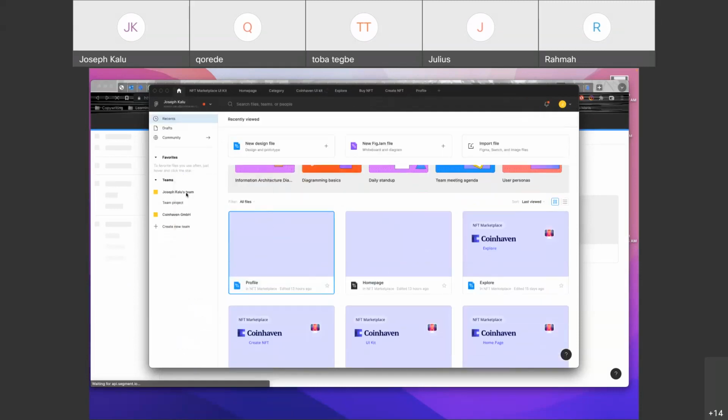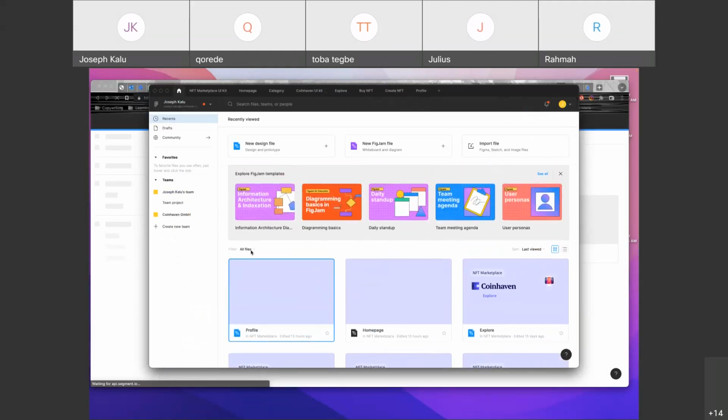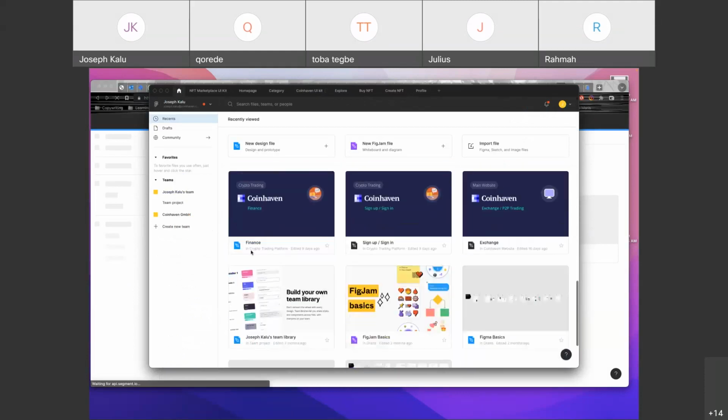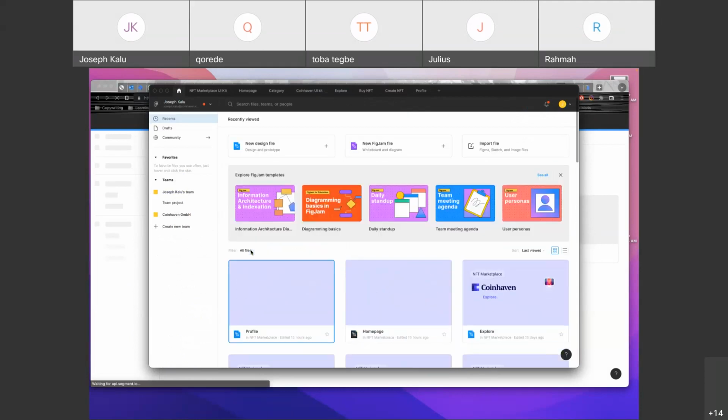So this is what I mean. These are different teams. These are all my files that are in this team. There are plenty of them. Why? Because this is the team that I'm going to use for my design. So I want to just create a new team, and